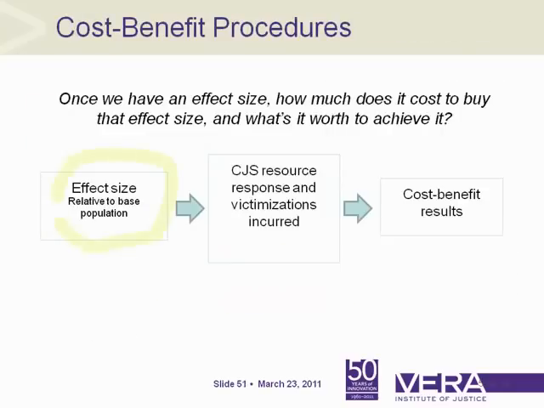It's all going to be relative to the base population. So if you have, for example, a juvenile probation population, what you do is you estimate your criminal justice system response for the people who participate in that program versus not participate. And so your base population that we use to come up with those estimates is: what's the recidivism rate of the overall juvenile probation population? And then you translate your effect size from your meta-analysis into a percentage change crime reduction.